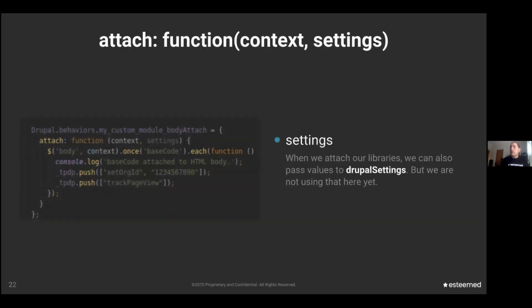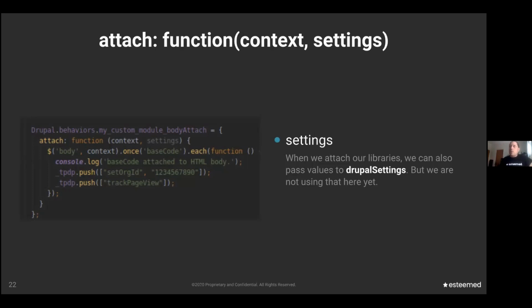Now here is the settings. When we attach our libraries, we can also pass values to Drupal settings, but we're not using that here yet. Notice the line under the console log statement where we pair a value with the set org ID key and push it to our data partner. What if the data partner wants us to use a sandbox API in a non-production environment? How can we set this value dynamically? This is where Drupal behaviors really